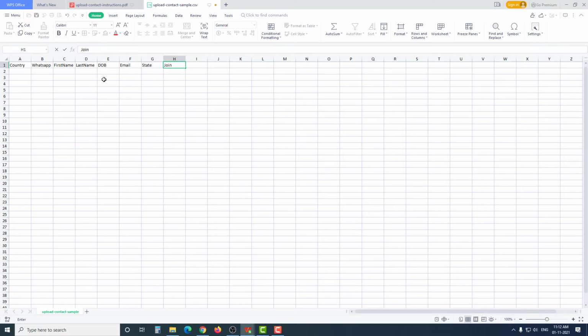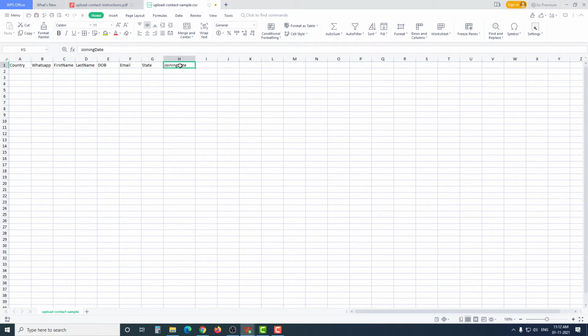Joining date. Make sure there is no space when you are adding column names. You can use underscore, hyphen, or just concatenate two strings. That's okay, but make sure there is no space, no punctuation, no exclamation mark, no comma, no dot, just alphabets, hyphen and underscore.